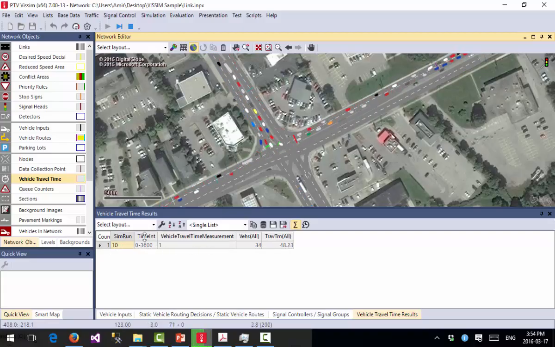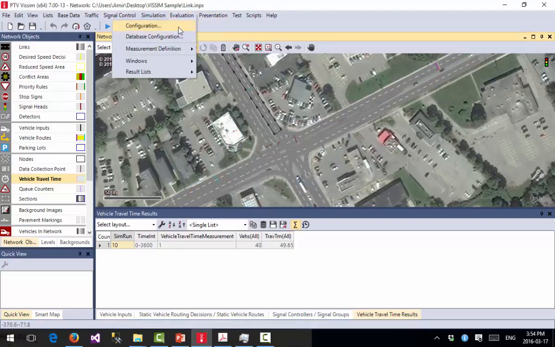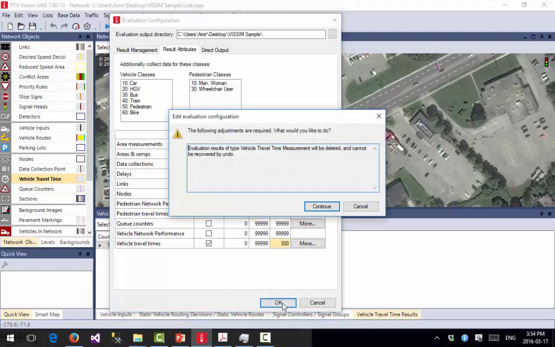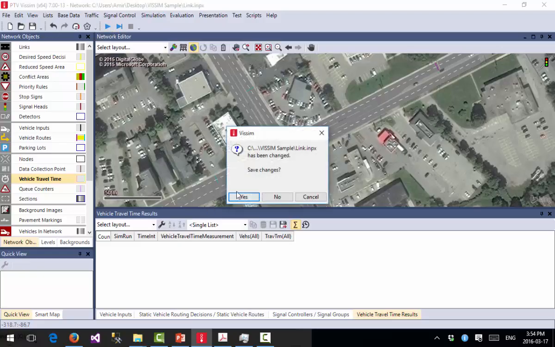But as you can see, the time interval for this one is very huge. So it's almost from the beginning of my simulation to the end of my simulation. So what I will do is go to my evaluation and my configuration and say, okay, my interval is that I want it for each 5 minute interval. I would say 300 seconds there. I say, okay. It says that, okay, whatever you collected before will be deleted. And say, okay. Now, when I run the simulation,